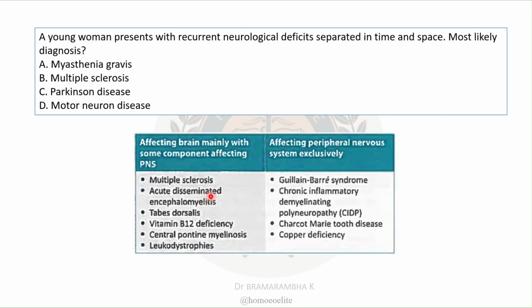Again you have acute disseminated encephalomyelitis, tabes dorsalis, vitamin B12 deficiency, central pontine myelinolysis, leukodystrophies. Guillain-Barré syndrome mainly affects the peripheral nervous system, as do chronic inflammatory demyelinating polyneuropathy, Charcot-Marie-Tooth disease, and copper deficiency. Answer is multiple